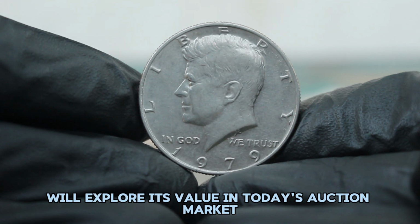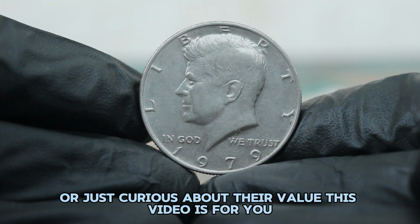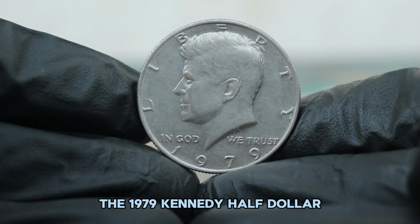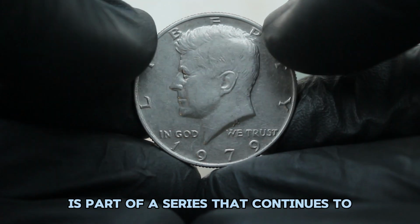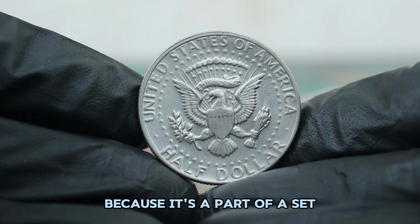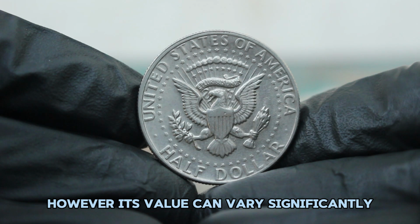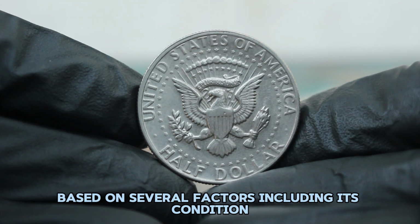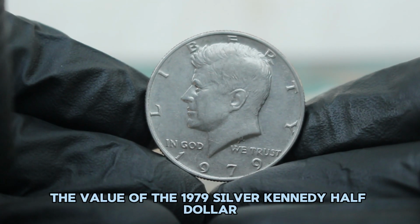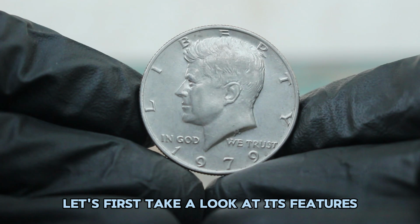We'll explore its value in today's auction market, especially if it's in fine condition. If you're passionate about coins or just curious about their value, this video is for you. The 1979 Kennedy $half is part of a series that continues to captivate collectors. This particular coin is interesting because it's a part of a set that was initially minted in high numbers. However, its value can vary significantly based on several factors, including its condition. To understand the value of the 1979 silver Kennedy $half without a mint mark, let's first take a look at